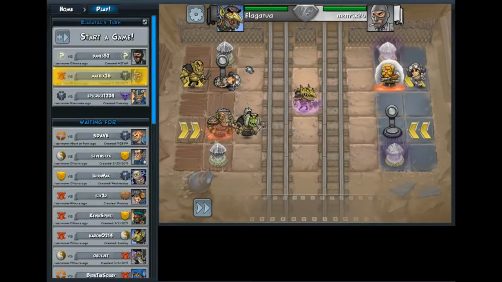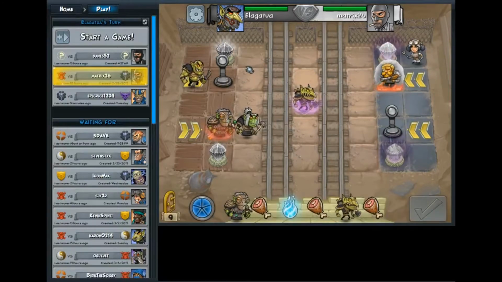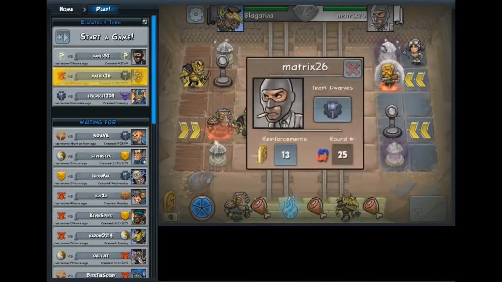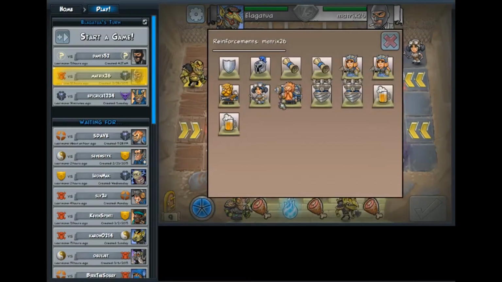Okay, let's take a look at this move here. Well, that's not too exciting. Looks like he hasn't drawn his Annihilator yet. Otherwise, he probably would have played that. I wonder if he still doesn't have a Paladin. In this situation, you might not play a Paladin,